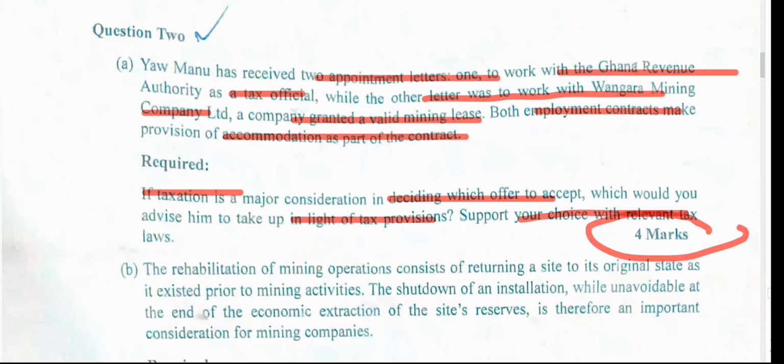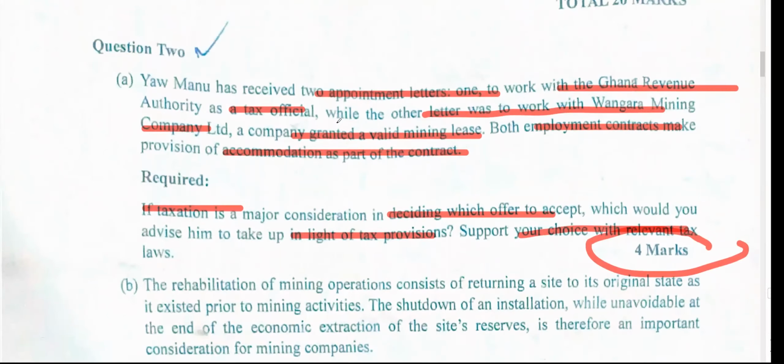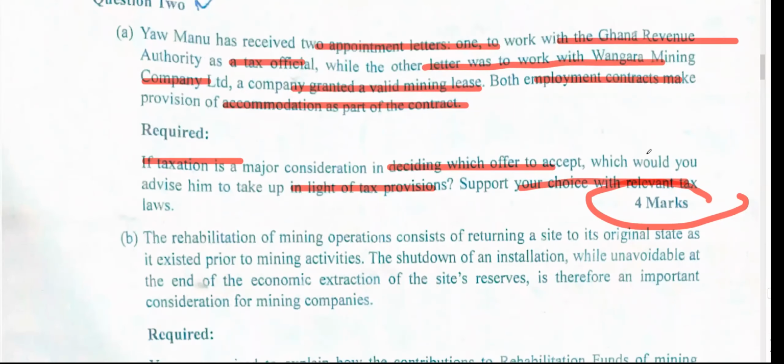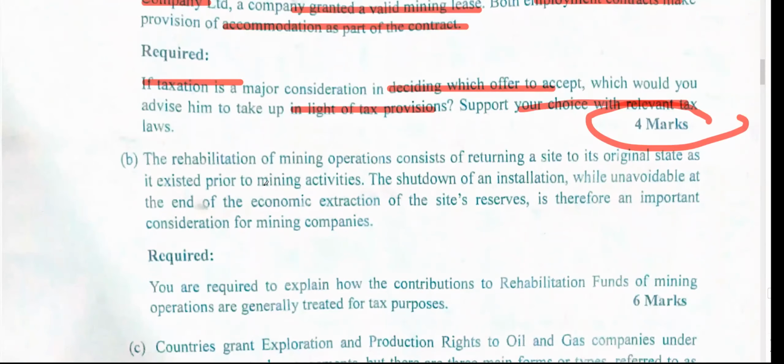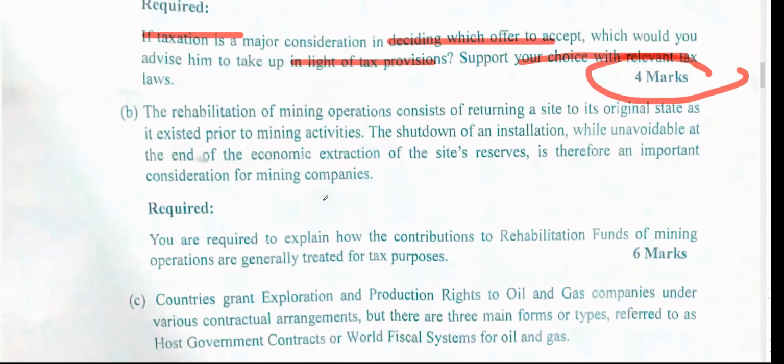Yes, Prof. Was it in the list? So he will not be taxed on the mining one, but will be taxed in GRA. But you see miscellaneous. Can you see? You see where it's coming? Please, the mining one, the accommodation will not be taxed if it's on the mining site, or in proximity to the mine. You make reference to the income tax regulations and then section 4 of the Income Tax Act.